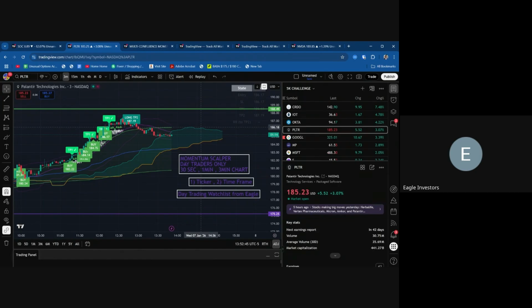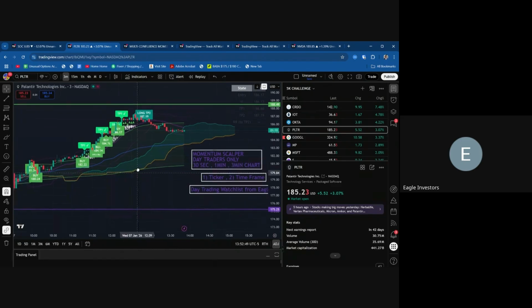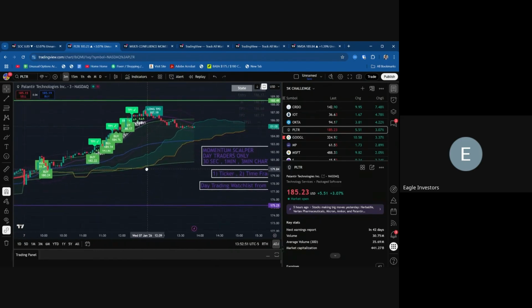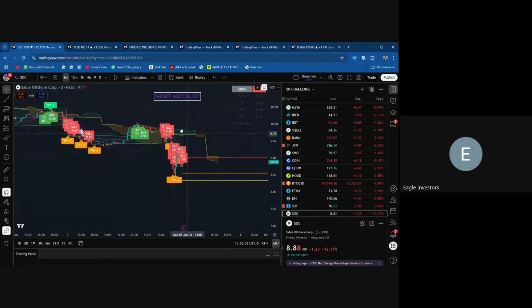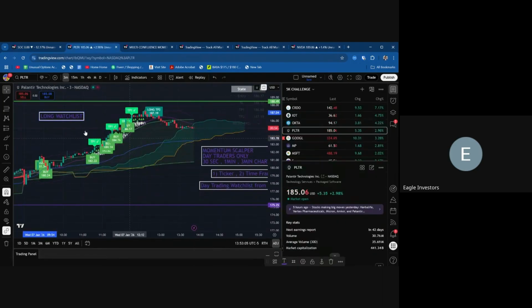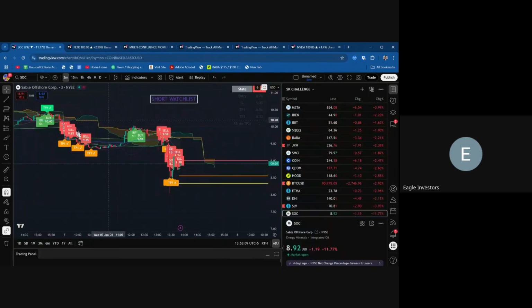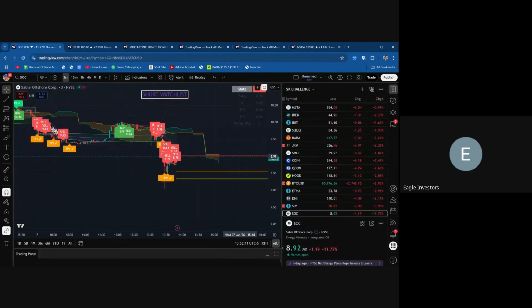So when you come in with the watch list, you're going to put the indicator on the 3 minute, the 1 minute, the 30-second. If this is a long watch list, and for SOC, as we discussed, this is a short watch list, we know that if we're going to day trade this, we want to short it, and if we want to day trade this, we want to long it. So if you know that, or you're just looking to generate that as well, you come to the